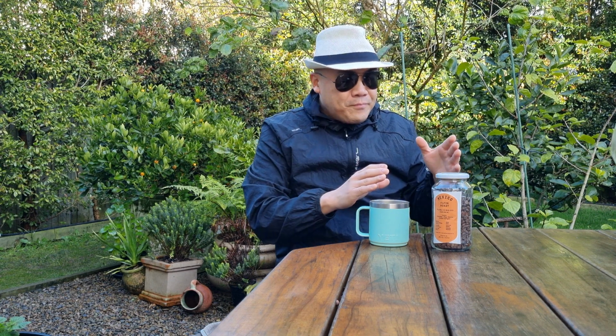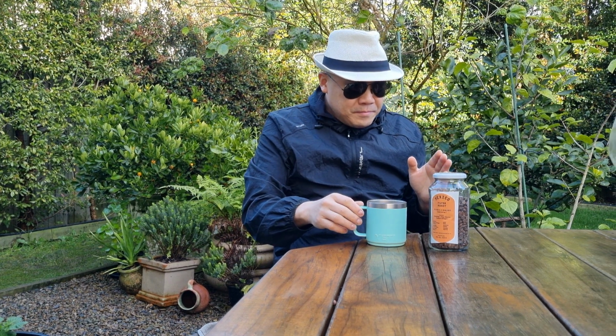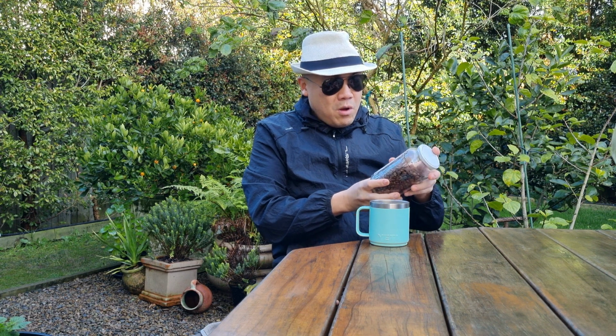It's very different to the other coffees, but it's definitely not your geisha. The three geishas that I've tried so far have very similar paths. This one is like that side, very different. So I like it. It's tasty, and what I like the most about it as well is that